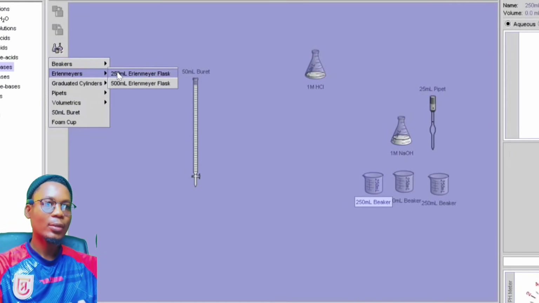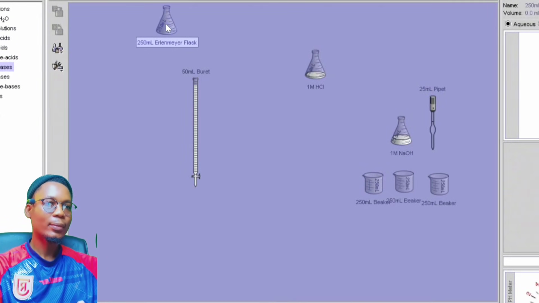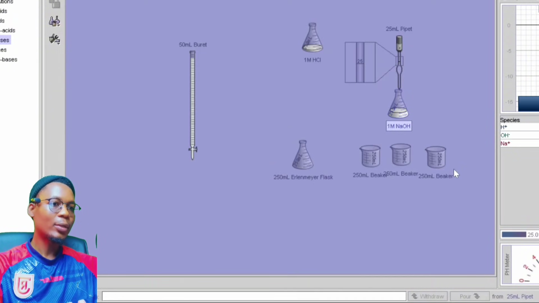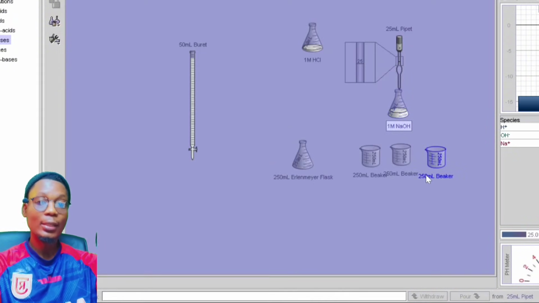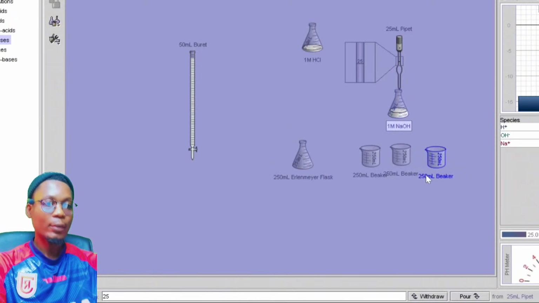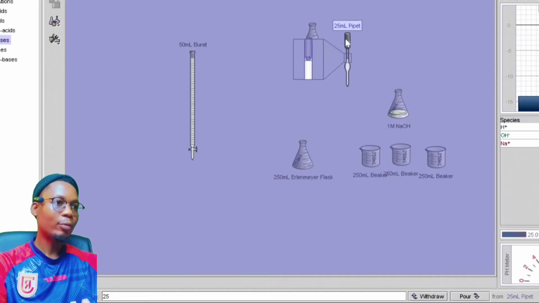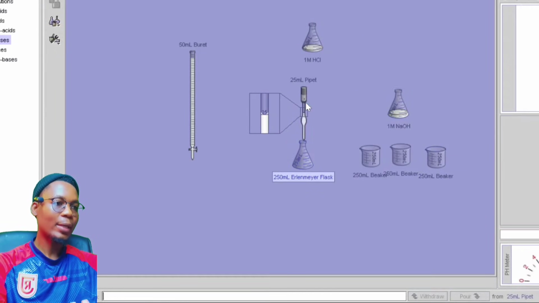So let me get 250 ml as well. Okay, so let me get that. And then I'll bring my pipette, dip it inside the sodium hydroxide and I'm going to extract 25 ml. All right, so I'm going to click on withdraw, and then I'll bring this to my empty